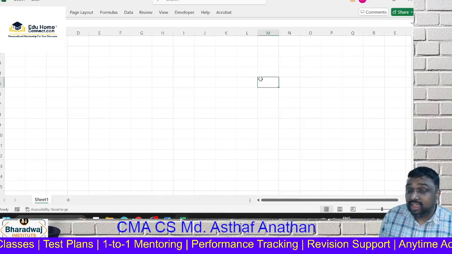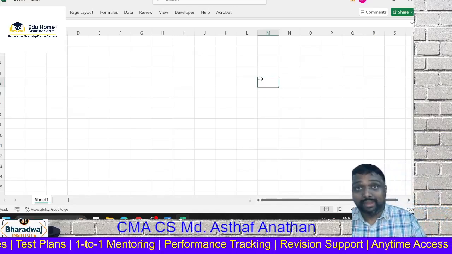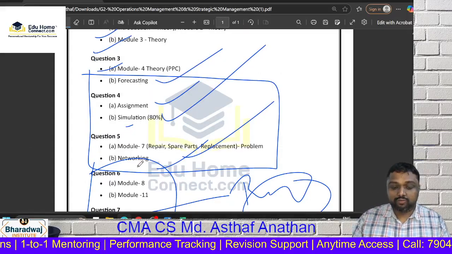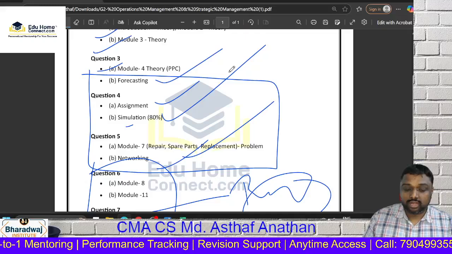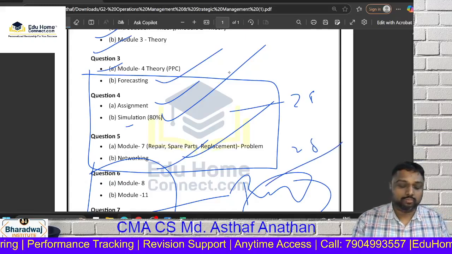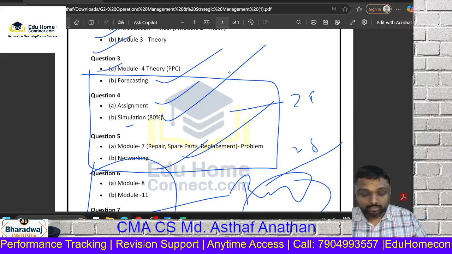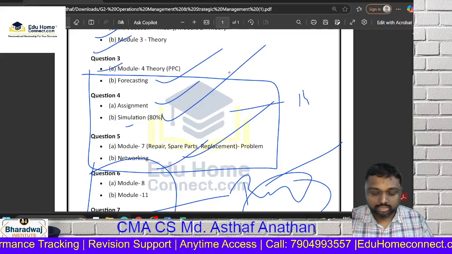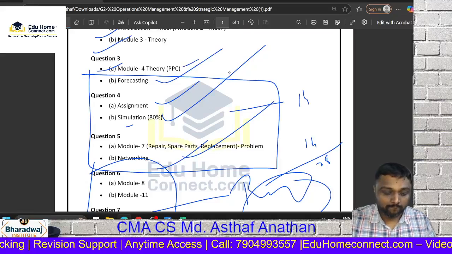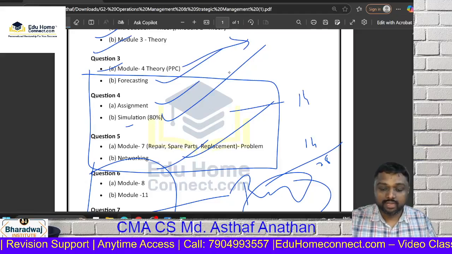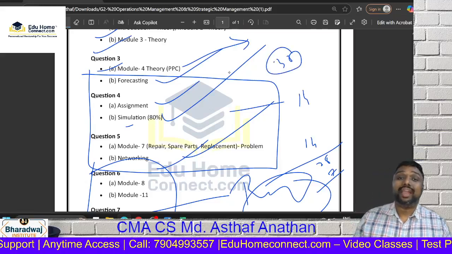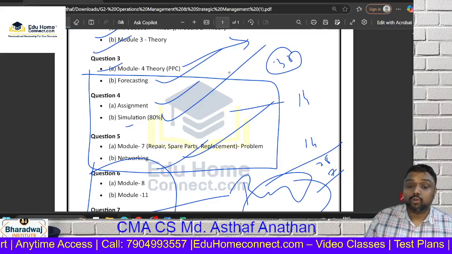Whatever I covered, the weightage, as I told you in the beginning session, for this we have 5 questions, so we have 28 marks. So we have 56. This we have 14 marks. This we have 14 marks. So 28 plus 28 plus 7, we have 35 marks only. So we want to score maximum marks. So how can we score maximum marks?